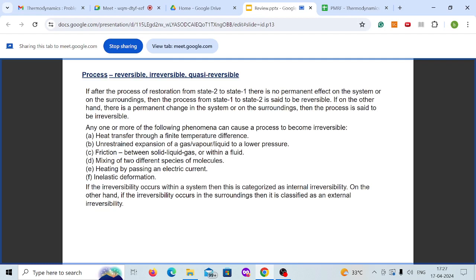Even though you would have achieved it in the system, you could have not achieved it in the surrounding. Then that is internally reversible and externally irreversible. A quasi-reversible process is something which is close to reversible. It is not fully reversible, but you consider it to be reversible. Some of the phenomena which cause irreversibility